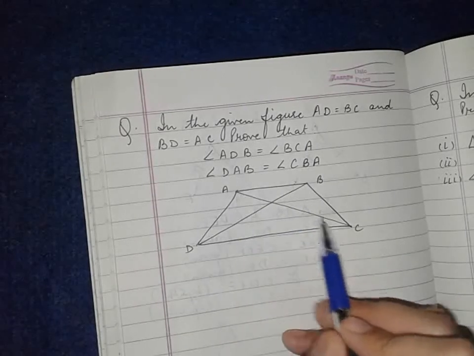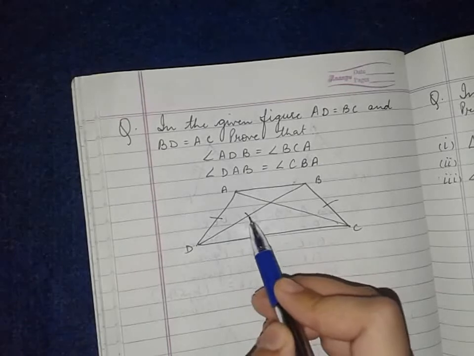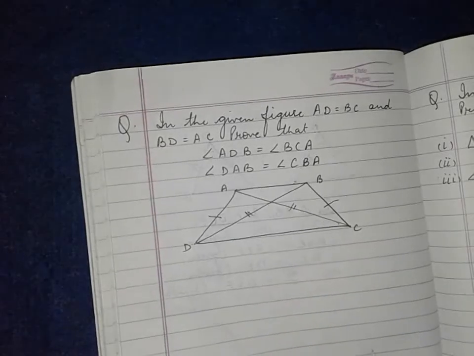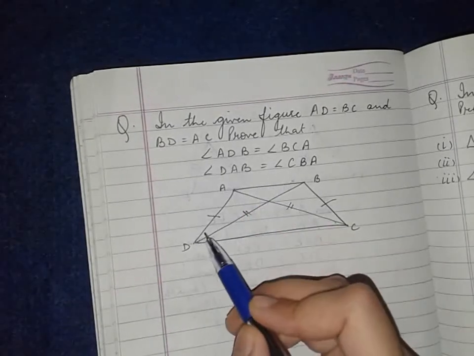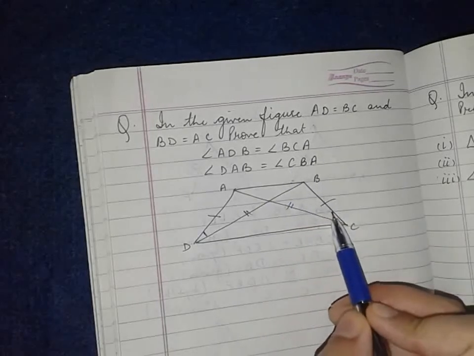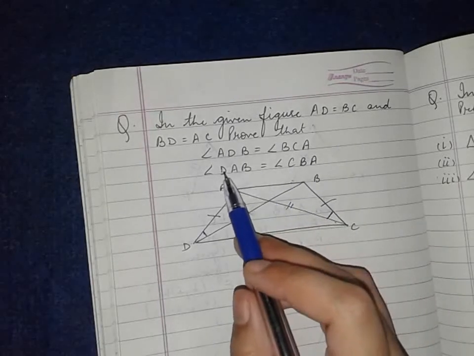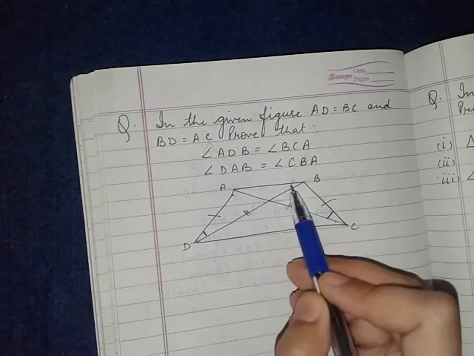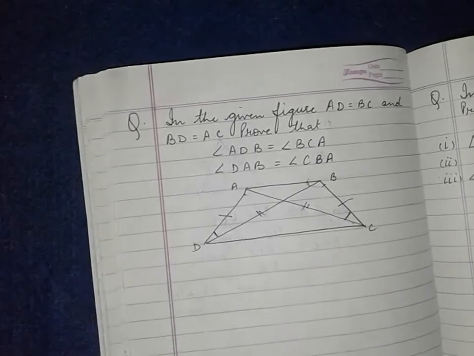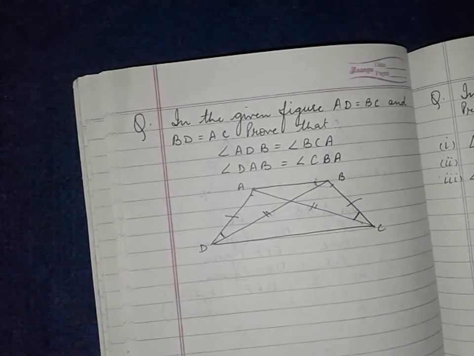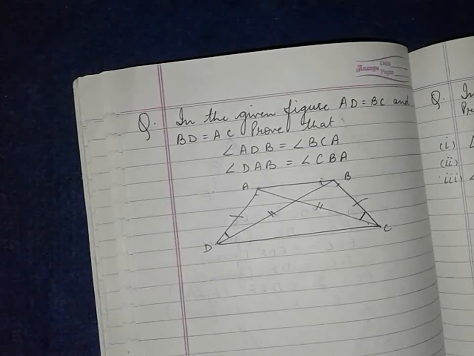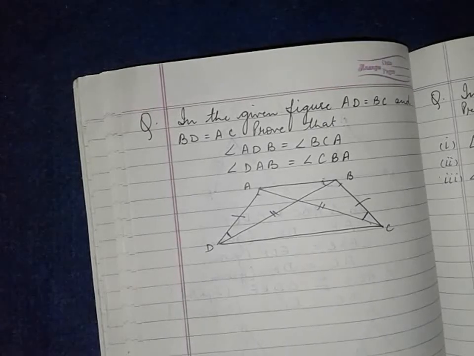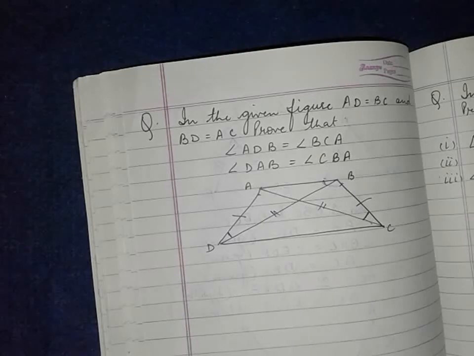BD is equal to AC. These two are equal and these two are equal. We have to prove angle ADB, means this angle, is equal to angle BCA, means this angle, and angle DAB, this one, is equal to angle BCA. No equality is given related to angles, but if I prove the triangles containing them congruent, they will be equal by CPCTC. So my first step will be